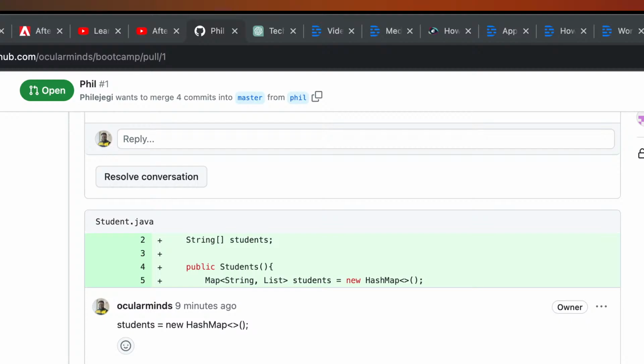On top of your class add import java.util.list